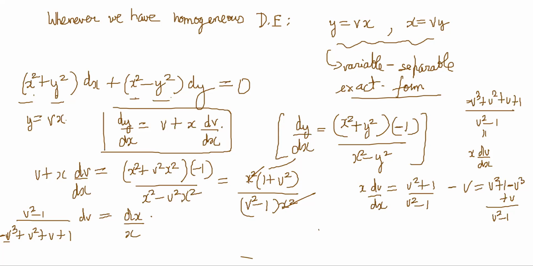One second. Let me just check what he is doing. So I think it's plus v cube, not minus. If it is plus v cube, it would have been nice. No, it's not. Okay, he didn't do so much. How did he get it so easily? x square, 1 plus v square, 1 plus v square and all like that. Okay, I think we have complicated it unnecessarily. Maybe I'll try it again once more on the other page.